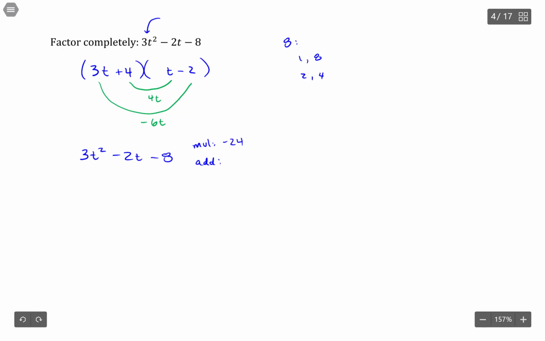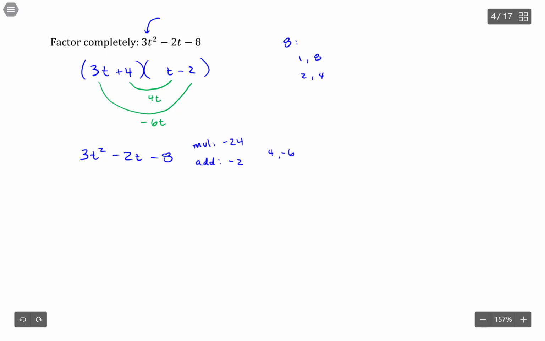And then you want them to add up to -2. So two numbers that multiply to -24 but add to -2. Well, for 24, we could have 1 and 24, that's no good. 2 and 12, that's no good either. But 4 and 6. Okay, so 4 and 6 we could use. And if it happened that the 6 was negative,